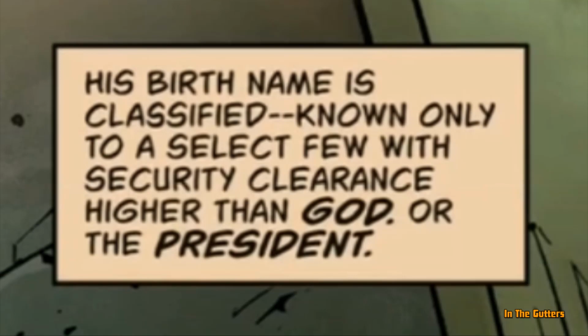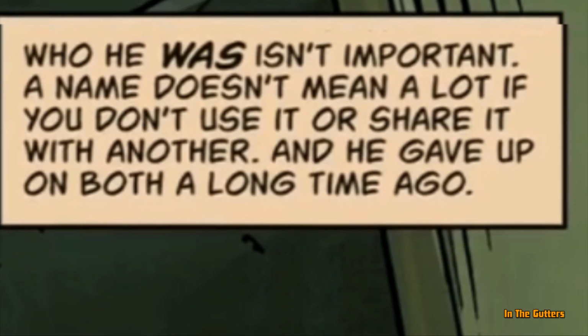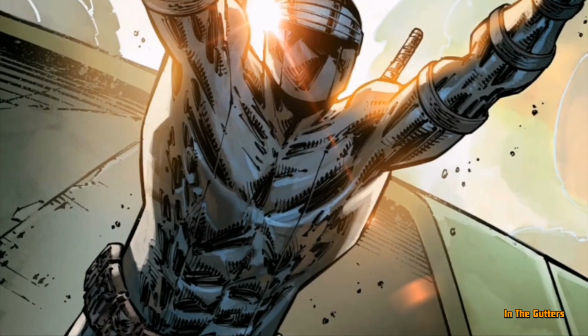It's explained that for some reason Snake Eyes has an identity so secret that to know it, you have to be a higher ranking official than the president or God. So I don't know who that would be, but then the next caption says the name isn't important anyway. So, okay, moving on. Snake Eyes was sent on a mission to investigate an encrypted SOS from a secret